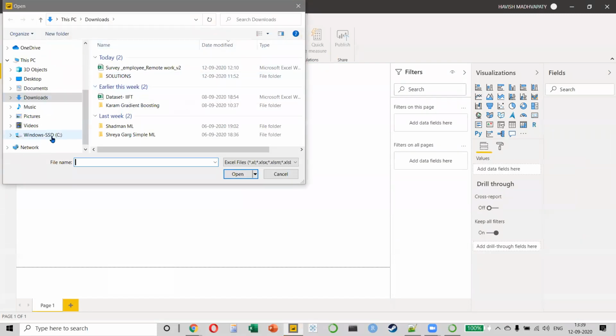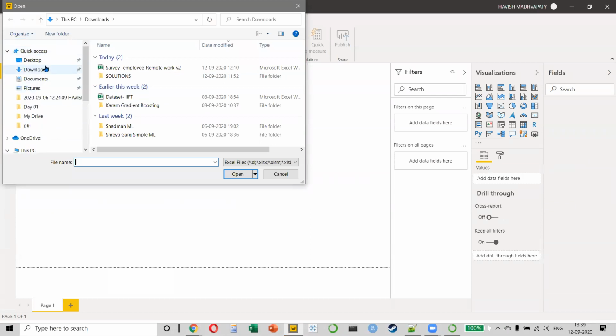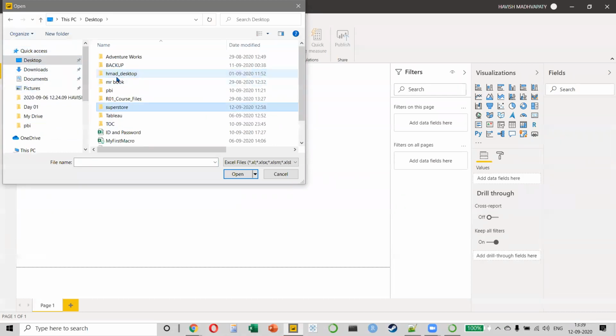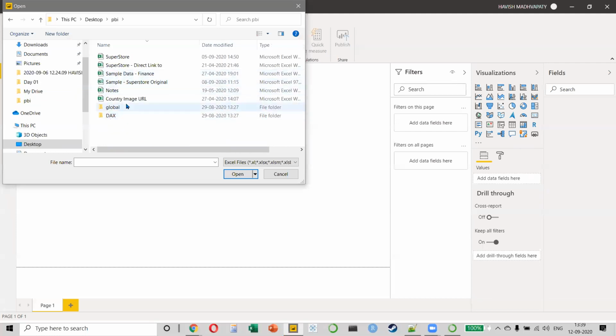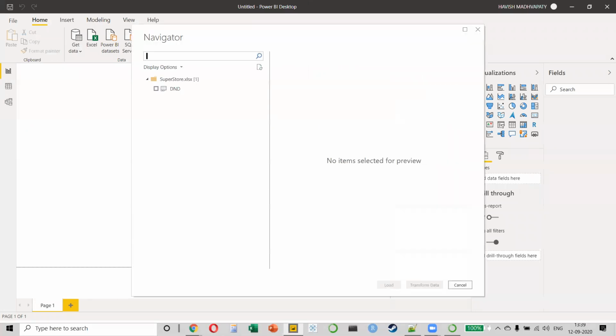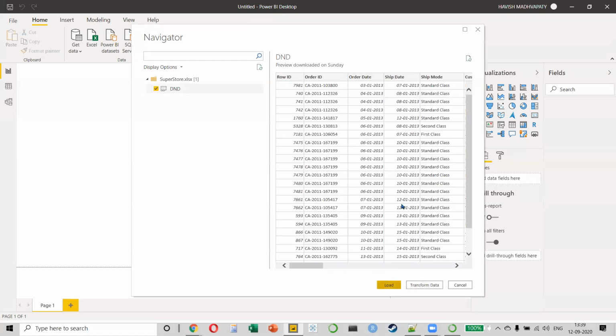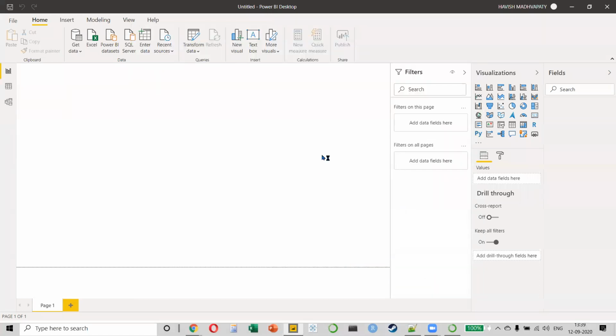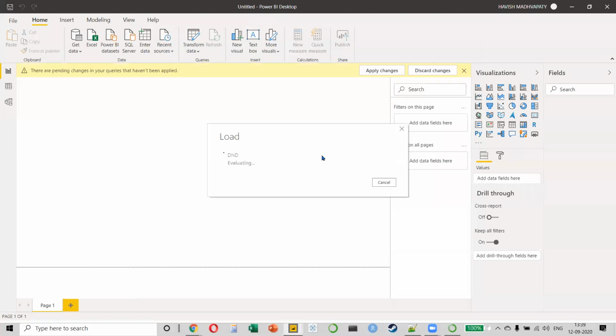So I'll connect to my Superstore data set. Like I said, my work on Python is very different, but I want to show you how these tools can be integrated with each other.